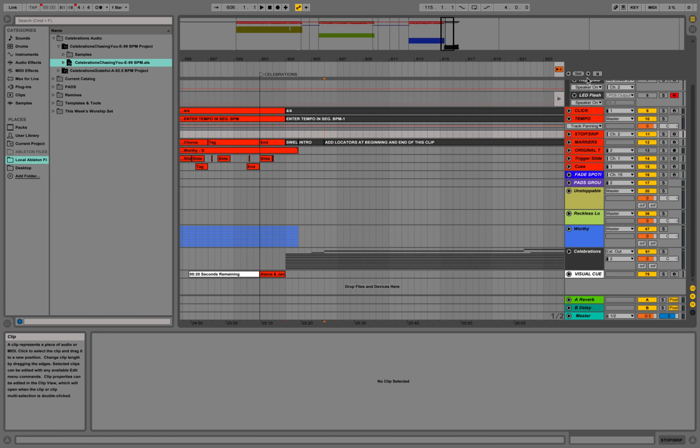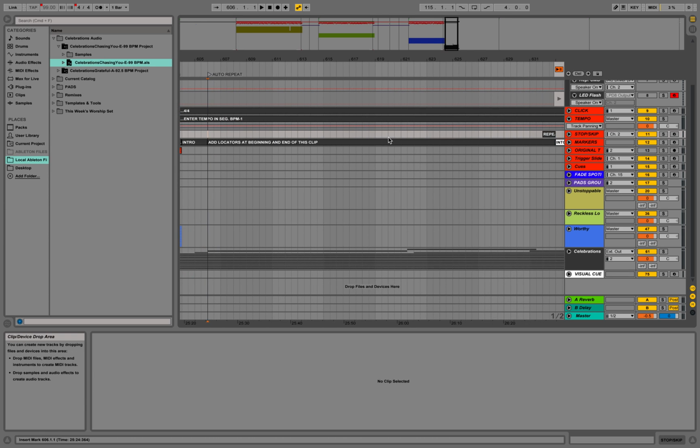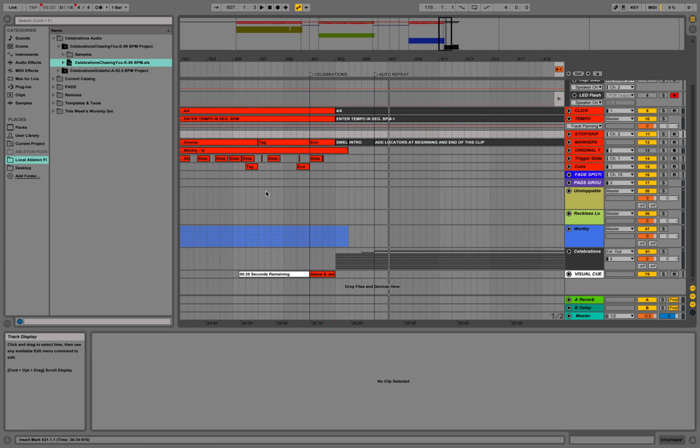So I'm going to click here, set. Rename this auto repeat and test it. So I'll play right here, and when it gets there, it should start to flash and then jump back. Cool, so that is what should happen at Celebrations, but now I need to transition out of service, at the